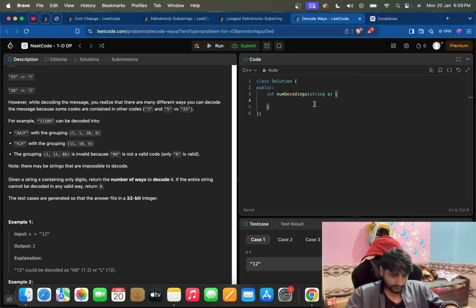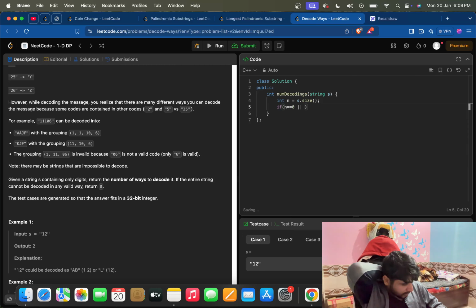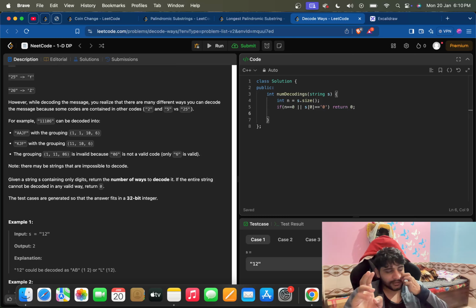लेट्स सी हाउ आई एम टॉकिंग दिस, बट इफ int n is s.size(), if n is 0 या फिर s[0] is '0', पहला ही नंबर जो है वो 0 आ गया, तो बेसिकली दिस इनवैलिड, देन वी विल जस्ट रिटर्न 0 राइट। पहला 0 तो नहीं आ सकता ना।